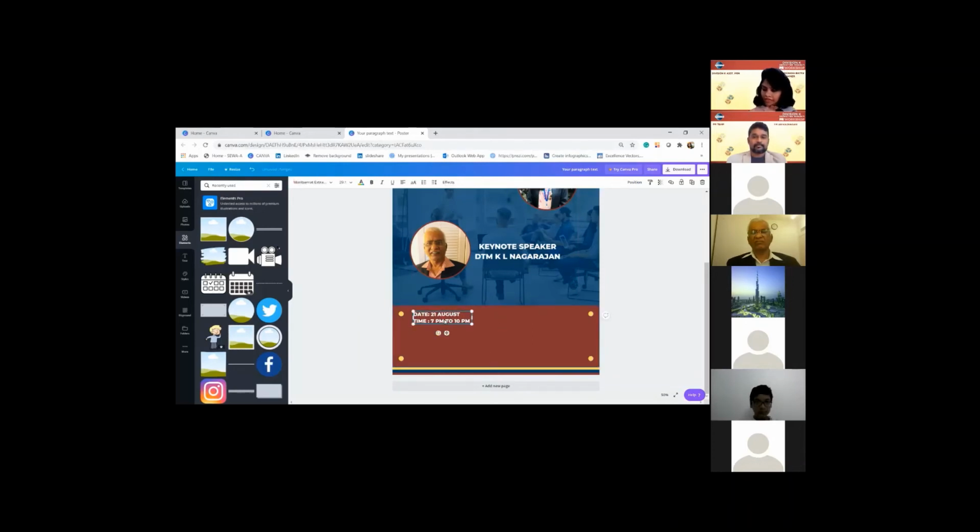So we need the next information, which is Zoom details. How do I duplicate the same text? Can someone tell me, unmute yourself and tell me, how do I duplicate the same details? There is a copy button on the top. There is the plus option. Correct. There's a plus icon on the top right corner. Correct. So I would just click on plus. You see, it duplicates. Okay, so now I'm going to fill in the Zoom details.